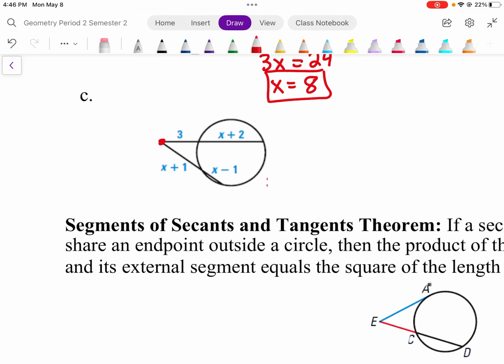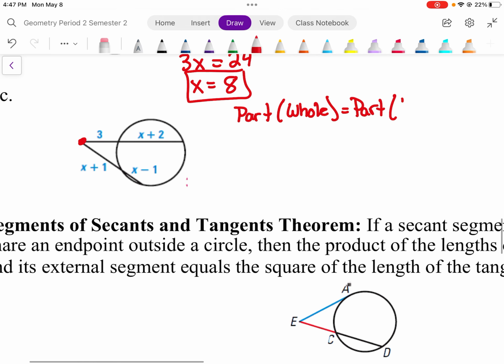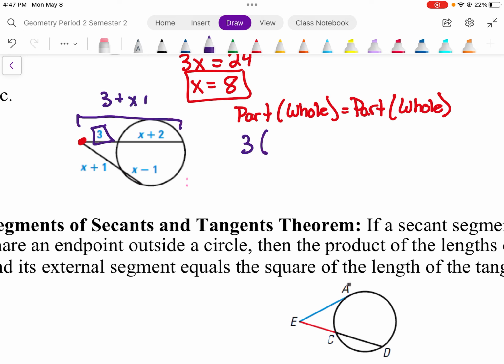Looking at C, because this one meets outside the circle, that's where we're going to take part times whole again. And the part that we're working with is the part outside of the circle. So we're going to take 3 times, and then we have to add both of these pieces together. So it might be easier if you combine like terms before you plug it in. So we're going to combine them to be x plus 5. And then again, our part outside of the circle, so x plus 1 times,